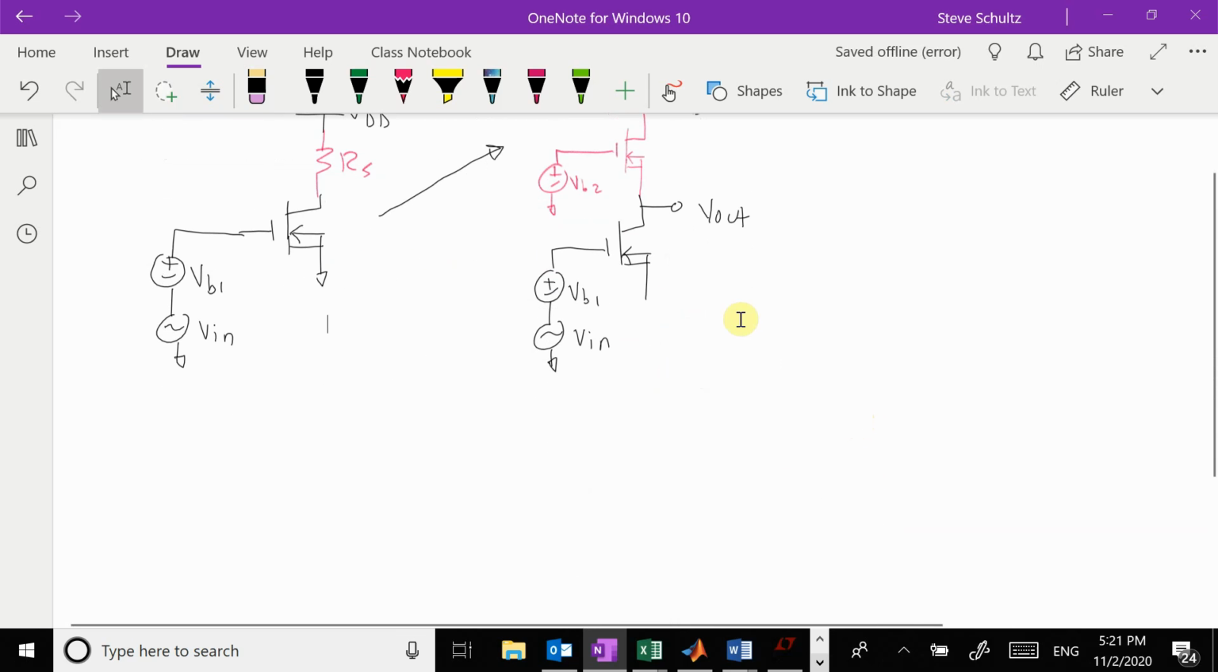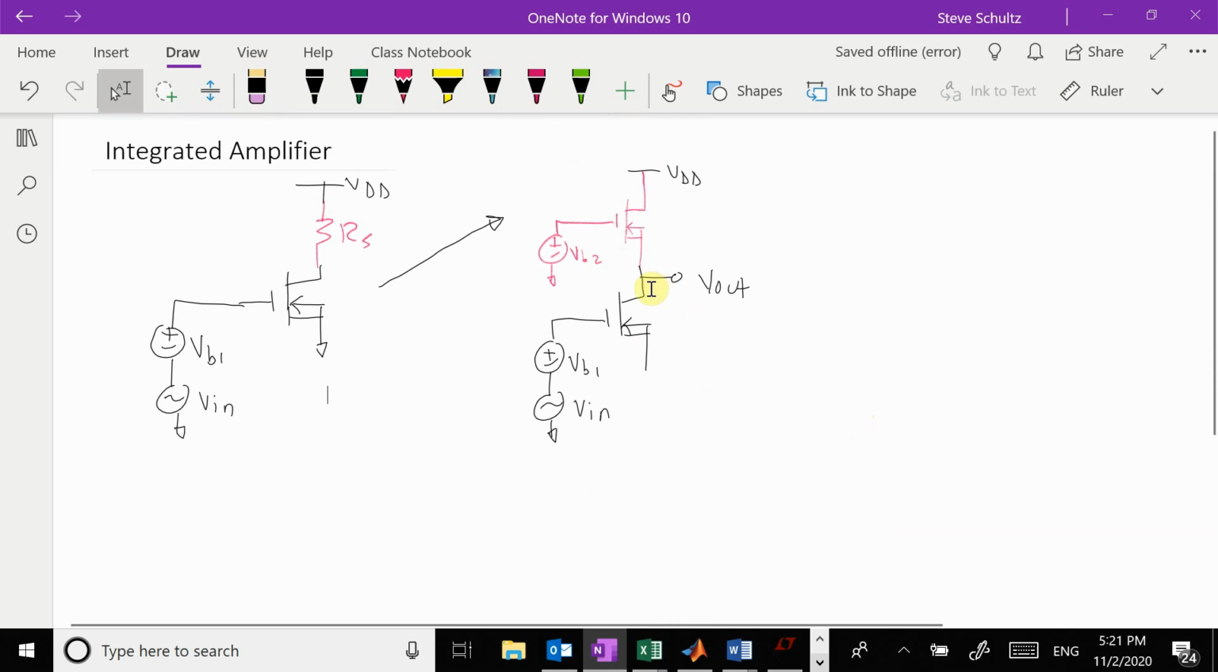Okay, so we have this one. We have the source of this one connected to the drain of that one, and the output is connected between both of them. So we're going to start with the top one and look at the small signal model of the top one. We could go through and do the small signal model of the top one, or we could just use our little